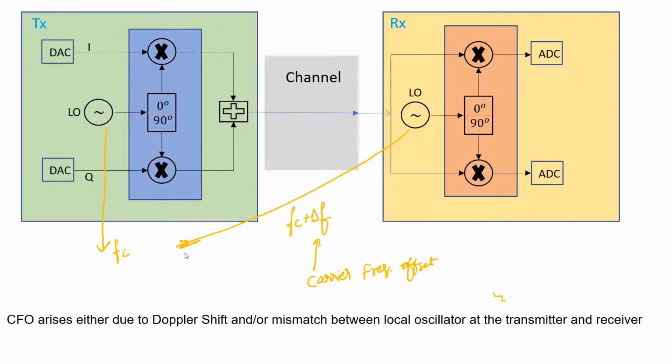Then if possible, I will show you some demonstration using some MATLAB code. Then I have also included some algorithms for estimation and compensation. I have included only those algorithms which are commonly known. We will see that as we go further. The reason for CFO is the frequency difference in the local oscillators at Tx and Rx. It could be due to Doppler shift, because we know that Doppler shift introduces some frequency shift, and also mismatch between the local oscillators at Tx and Rx.